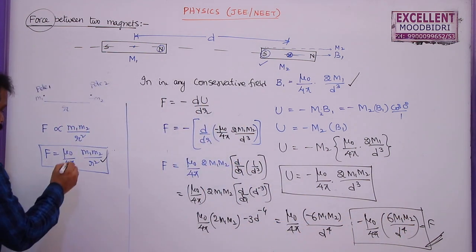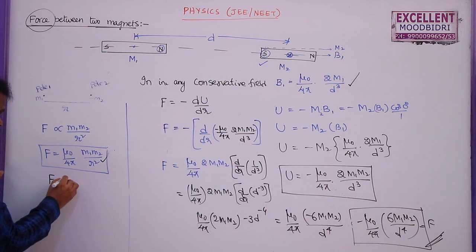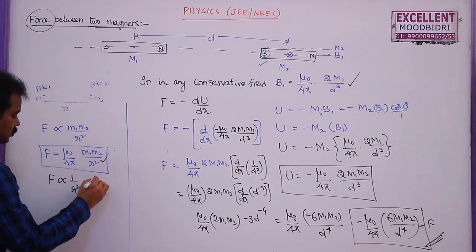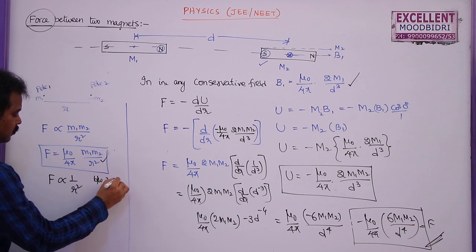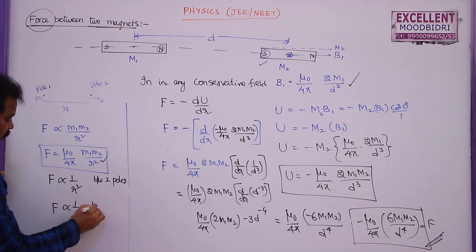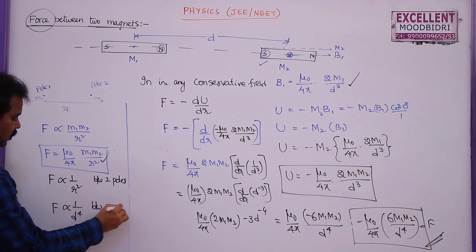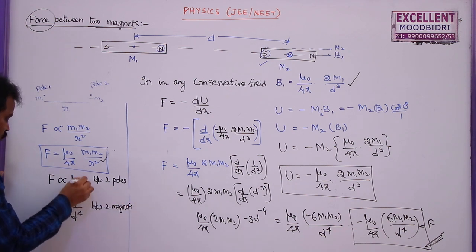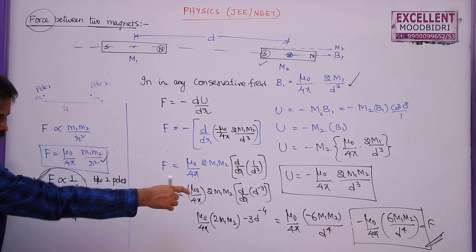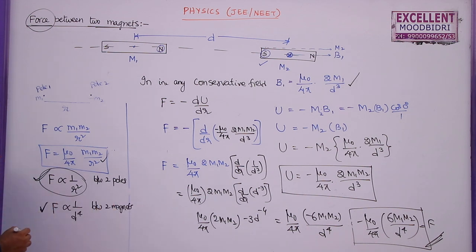In case of poles, only poles, force is inversely proportional to r square between two poles. And here force is inversely proportional to d power 4 between two magnets. So please remember this one. We have to use this formula only if the poles are given, and we have to use this formula when the magnets are given. When the magnets are given and the distance increases, force decreases rapidly when compared to this one, because this is